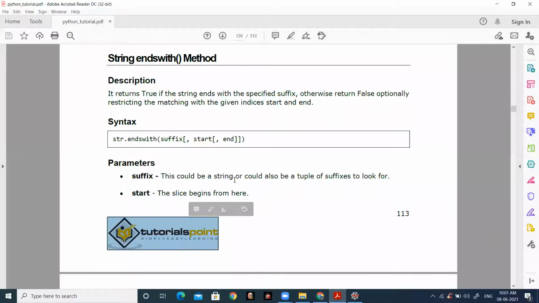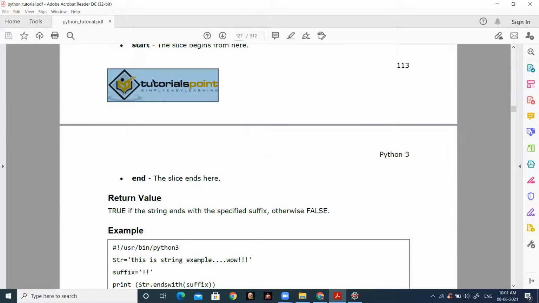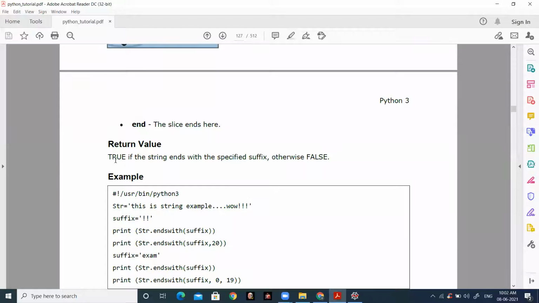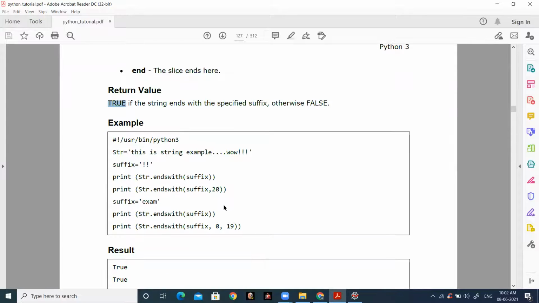Suffix could be a string or a tuple of suffixes to look for. Start means the slice begins from here and end means the slice ends here. The return value is either true or false only.